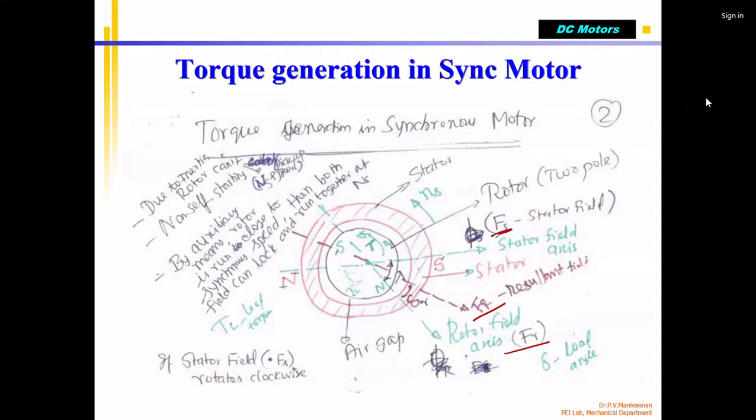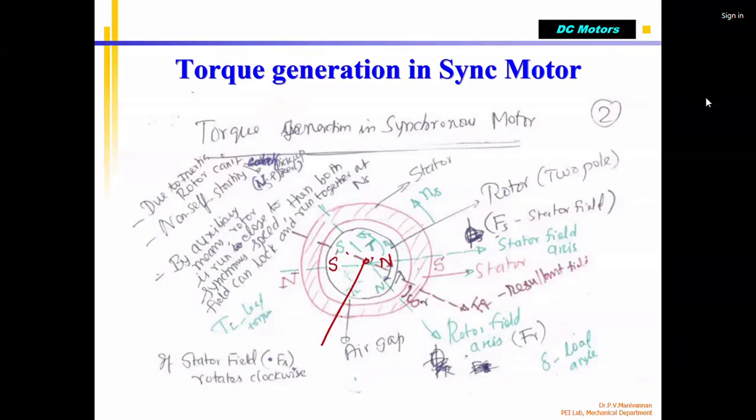Now, when the power is initially given, due to the inertia of the rotor, it cannot catch on and start on its own. Please note that the rotor has a mass, and because of the mass, the magnetic flux field of the stator is not sufficient to attract and pull it. So you have to rotate it and align it like this. We need to align the rotor using an external